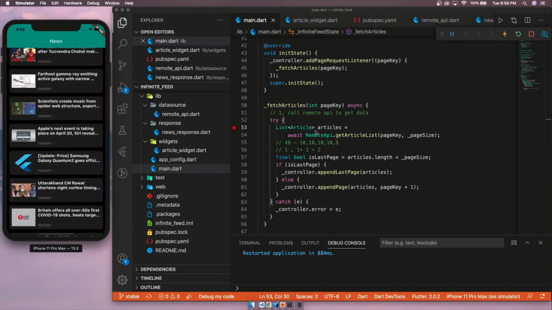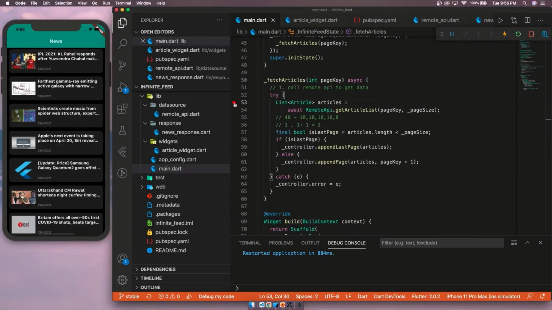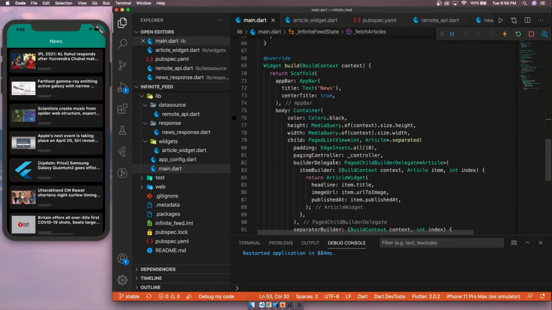We have successfully created our happy path. Give yourself a pat on the back. Now we will focus on the errors. We can get an exception when we call the API to get data for the first time, or page number 1. We can also get exceptions for subsequent API calls. We will handle these two first.